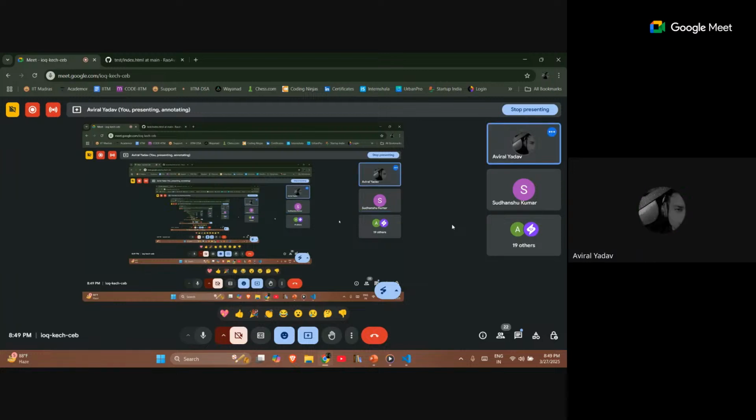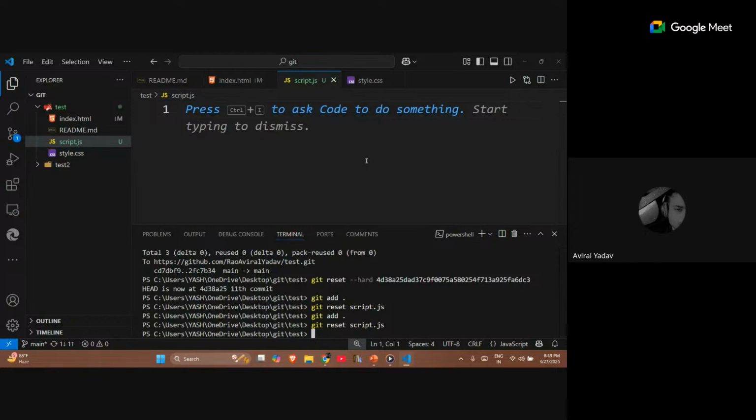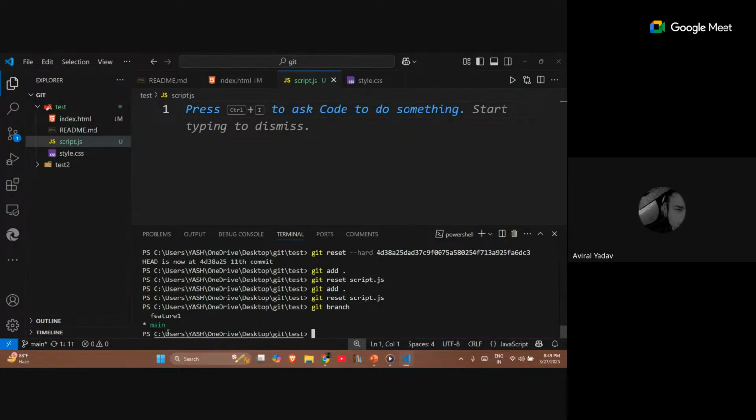Okay, so let's move to the last topic of the day, which is stash. Let's just say we have current branches. Let's check our current branch. We have two branches, feature one and main.